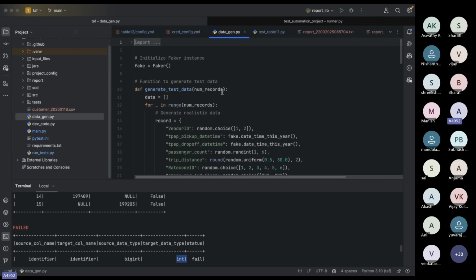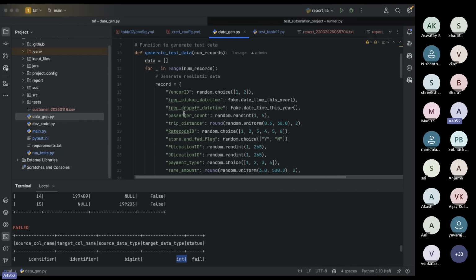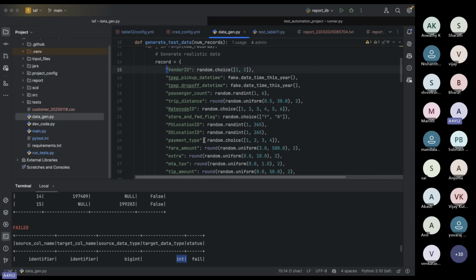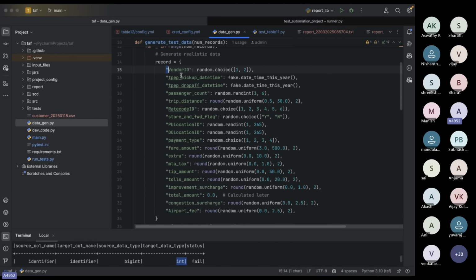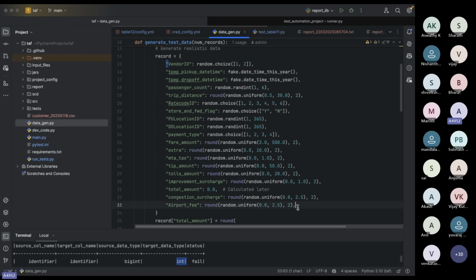So I've written one code to explain here, data generation for one of the files. This file has some 10-15 columns, like vendor ID, trip pickup date, trip drop off day. Each has a different use case.